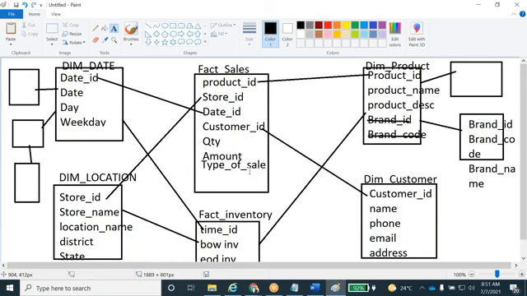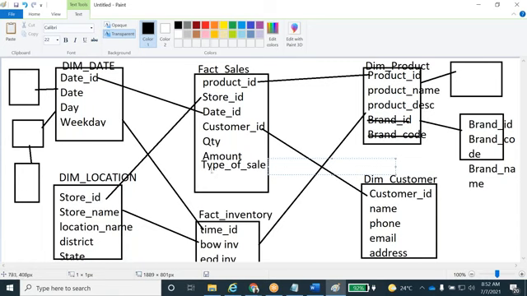Sometimes we apply promotions, right? A credit card promotion or some promo code we apply, so automatically they give some discount. That amount also has to be calculated for their business: how much discount we are giving, the promotion discount. So whatever amount we are transacting, either actual sales, return sales or promotion sales, this kind of information is stored in this column, type of sale, or some textual description.